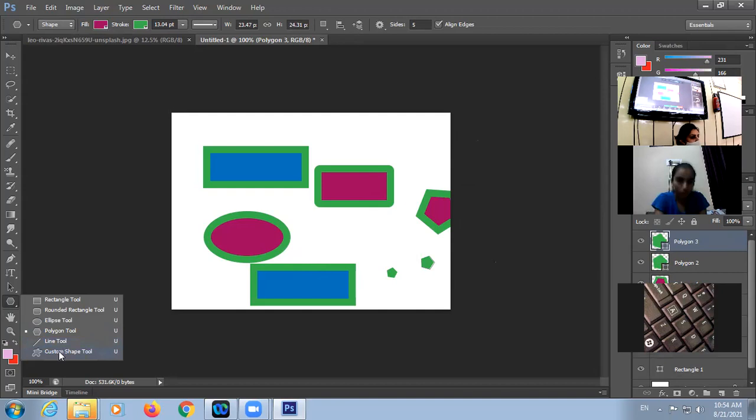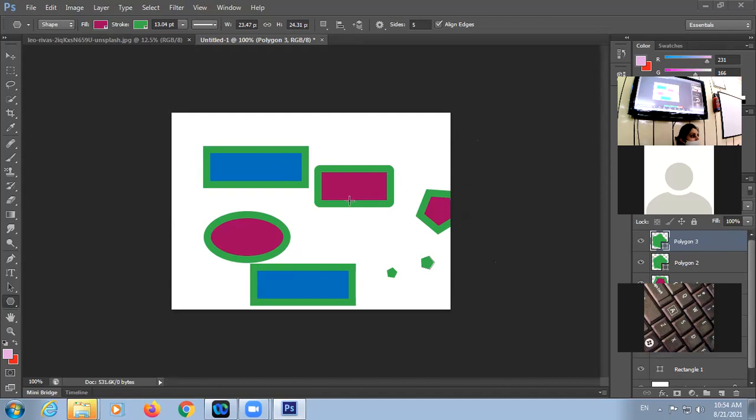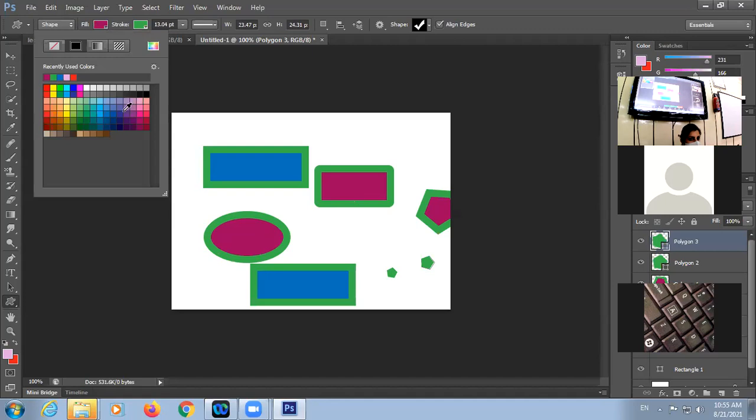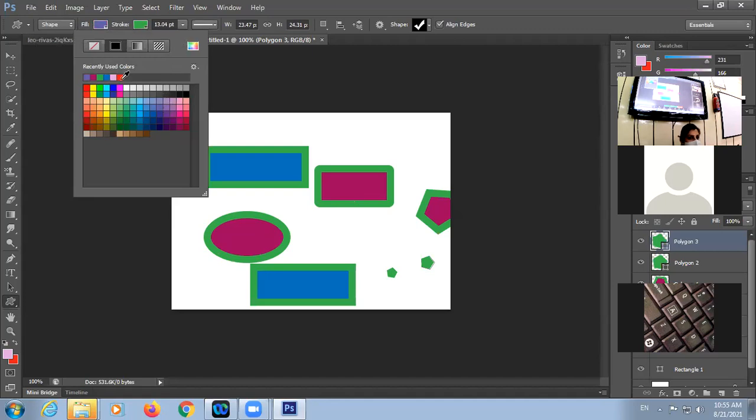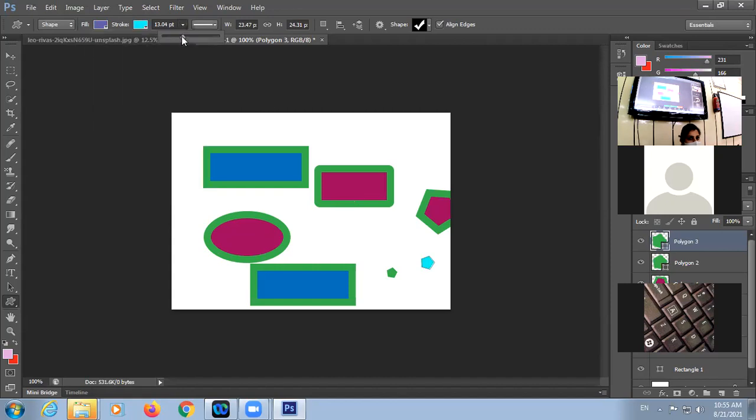Next is बच्चे custom shape. Custom shape tool means which are not the auto shapes. Auto shapes में हम consider करते हैं rectangle, circle. Okay. Now next is the custom shape. So see, when you click on the custom shape, again there will appear the fill color, whatever fill color you want to take. Then the stroke color, right? You can set the thickness like that only. Then the style you can see.